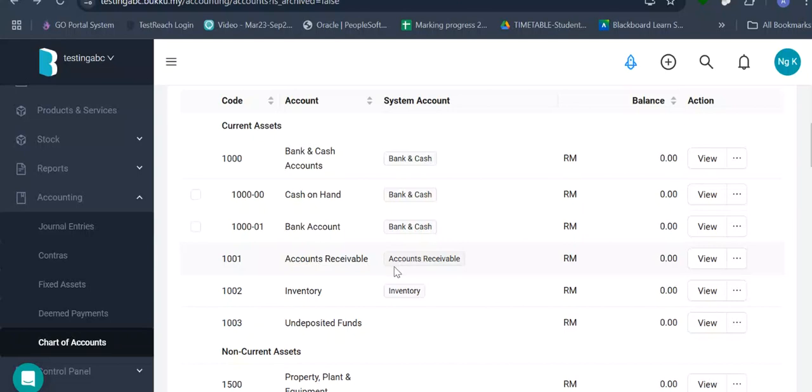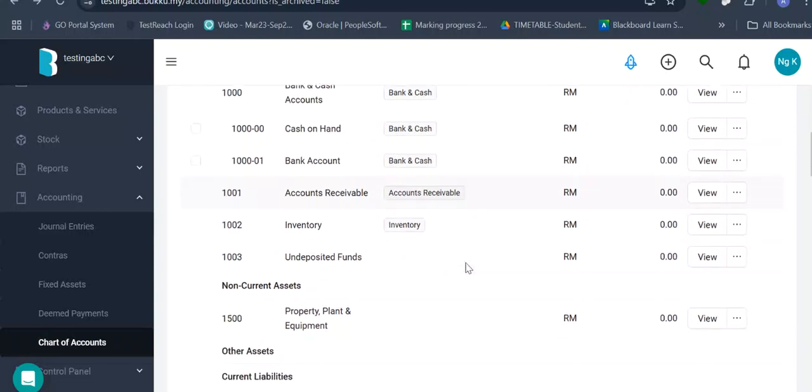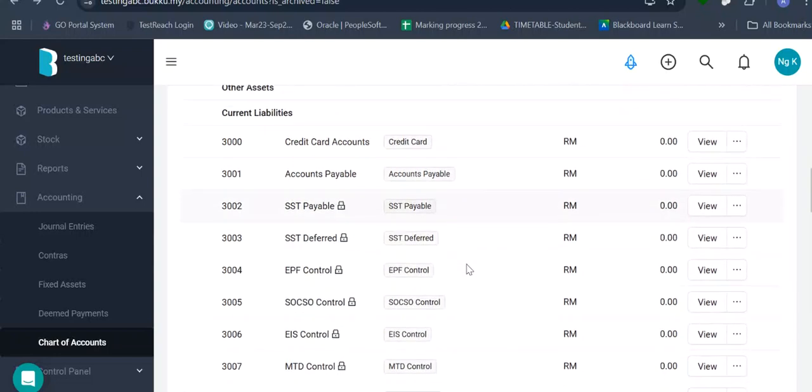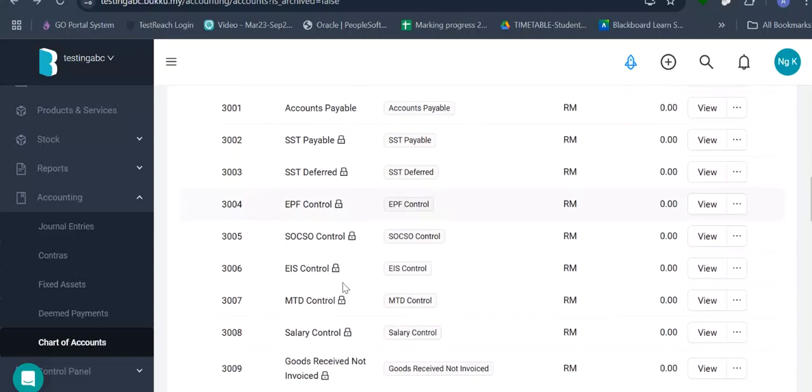Next week, we're going to do the setup for the customer and we're going to link them together. So you got 3 customers. If you sell to 3 customers and 3 customers also didn't pay you, you don't see the separate name appear here. It will come from there to here as a total. So everything, the double entry, the back end will help us to do. Then these are locked, okay.